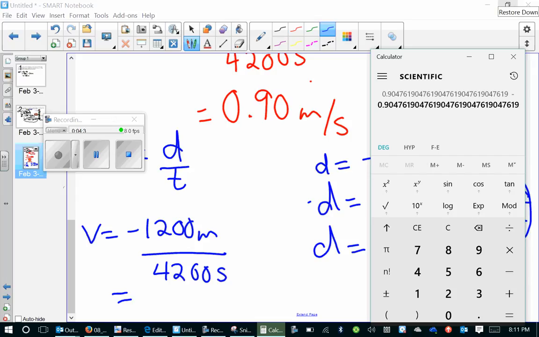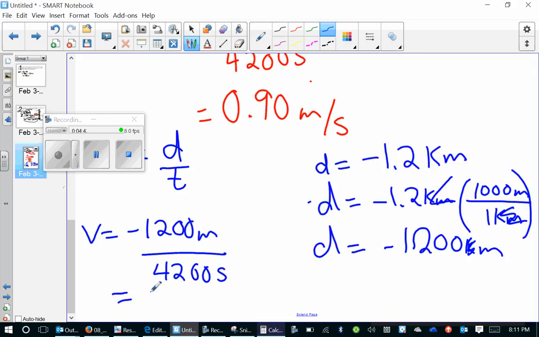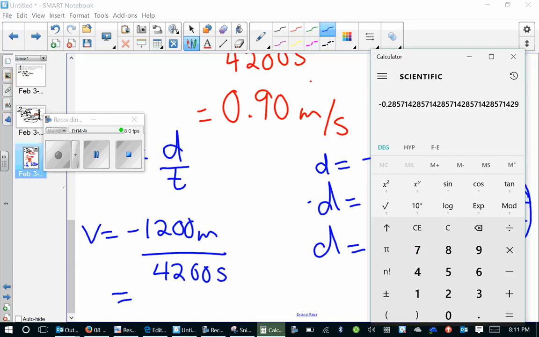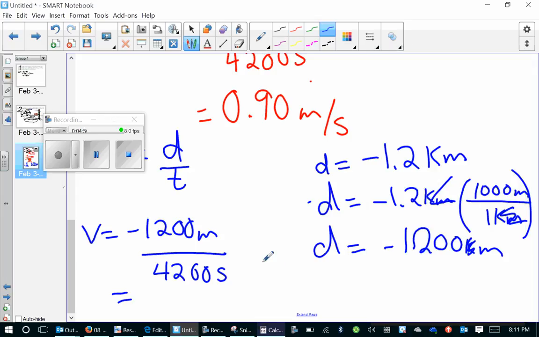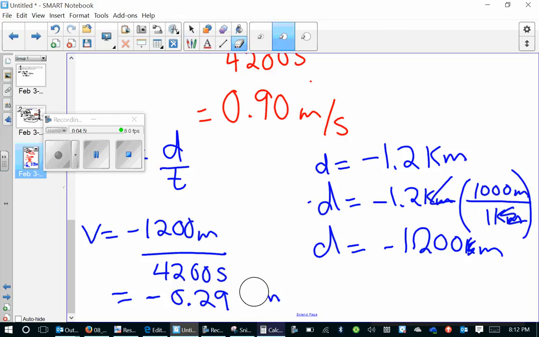See if this works. Clear. Negative. Negative 0.29 meters